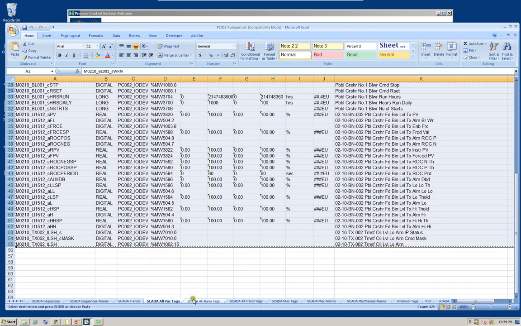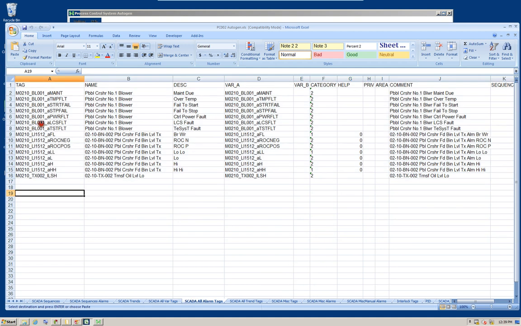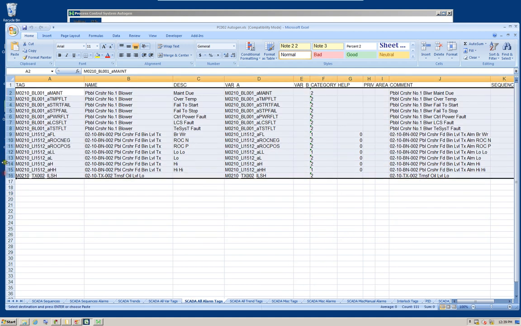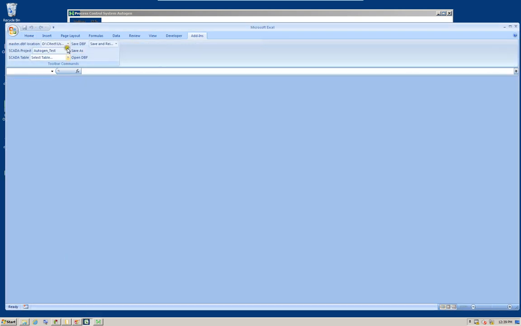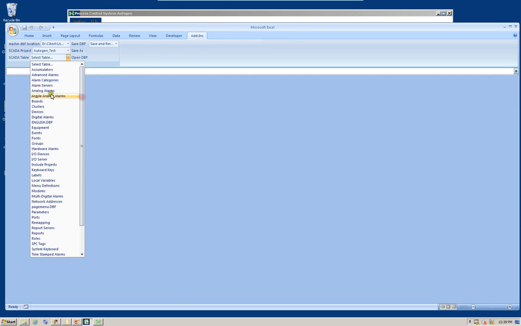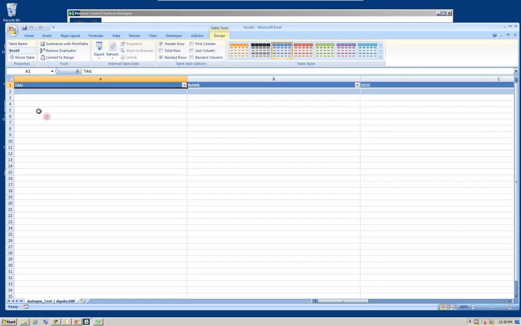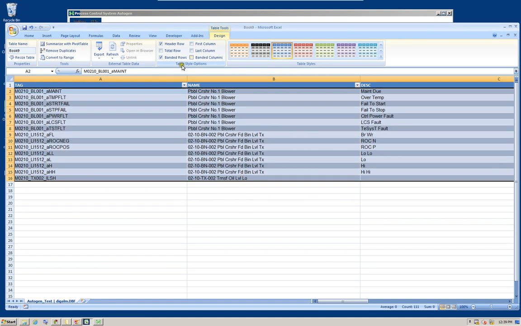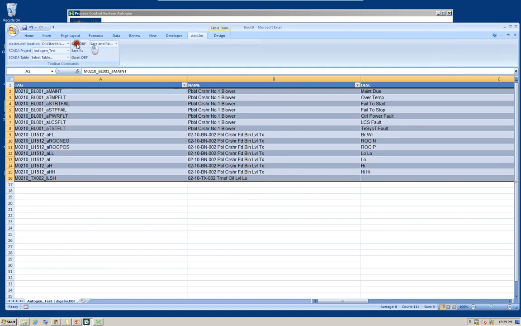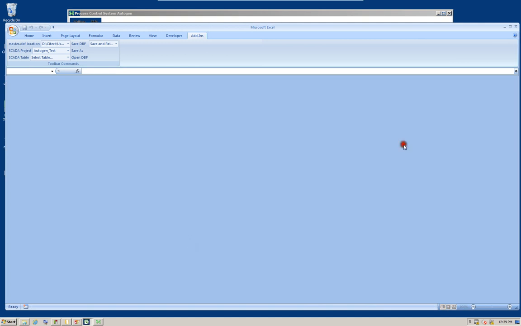So we go to the alarm tags spreadsheet, copy them all, and paste in the Cytec database. So opening the digital alarms database and pasting, and then just saving the database and closing it, and the same for the trends.